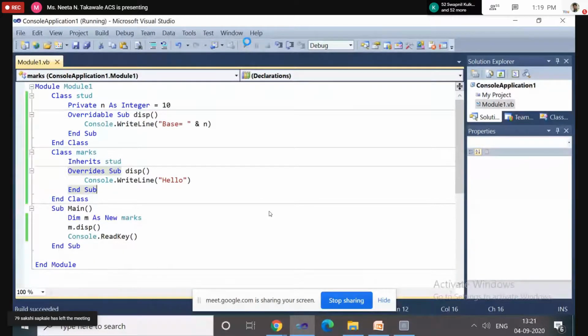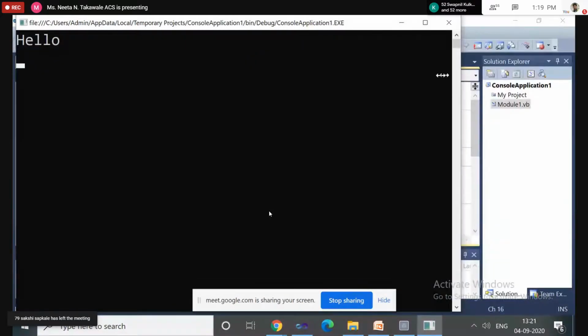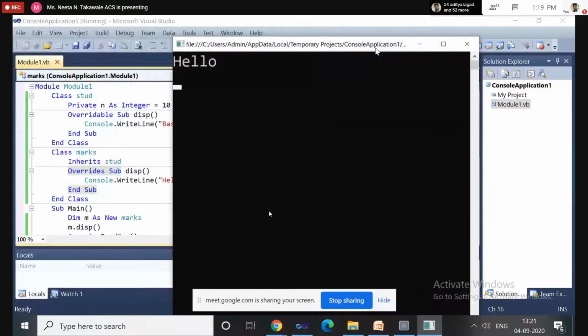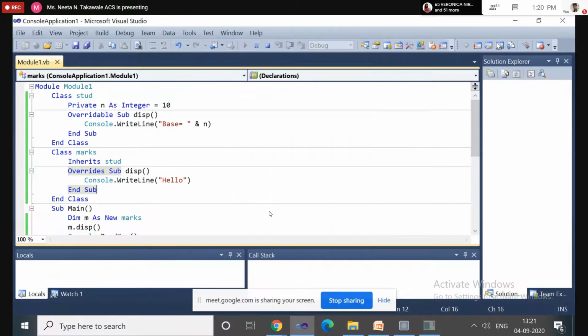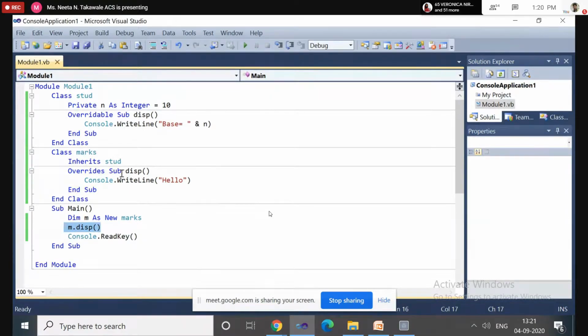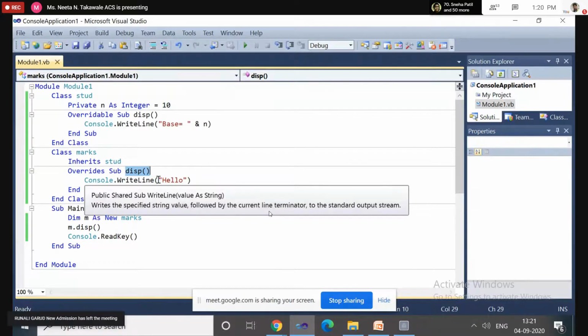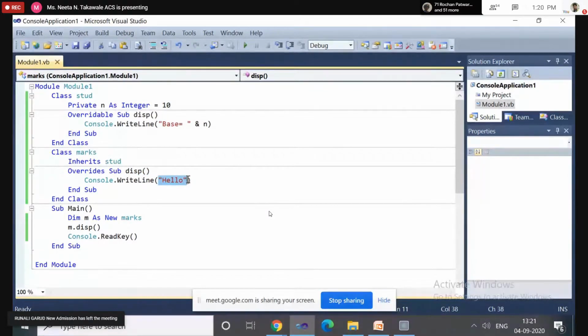What will it show? It will show only the hello message. Here I have created the object of the derived class, and using that object I am accessing the display method. So obviously, which method will it call? It will call the display method which is defined inside the derived class. That's why it is showing the hello message.